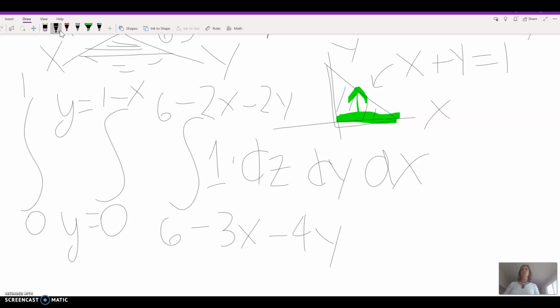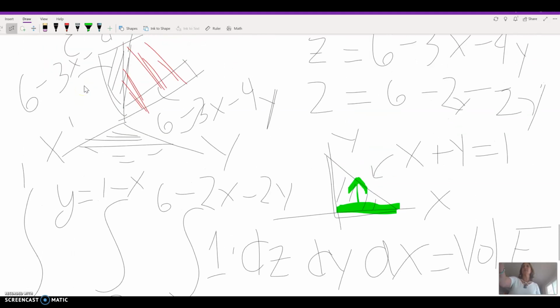So that triple integral is going to give me the volume of that solid E, which again is this wacky volume in between these two planes above that triangle. I encourage you to do some more practice or pause these and try